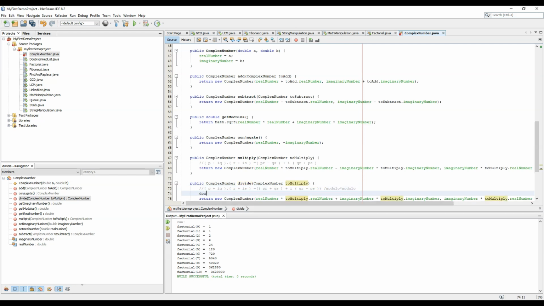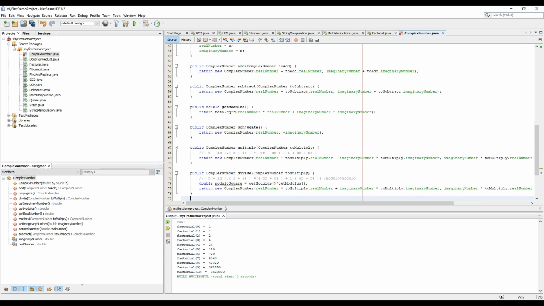So double modulo square equal to get modulo or modulus into get modulus, and I have just changed the signs in the formula also, so I just need to divide it by the modulus.